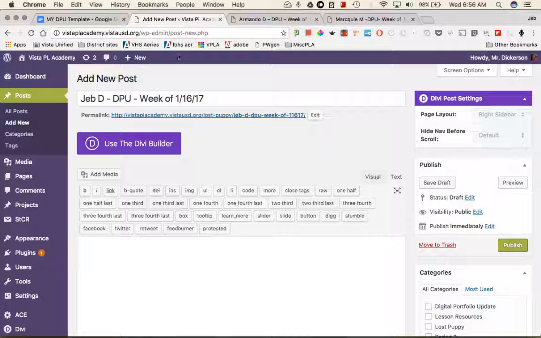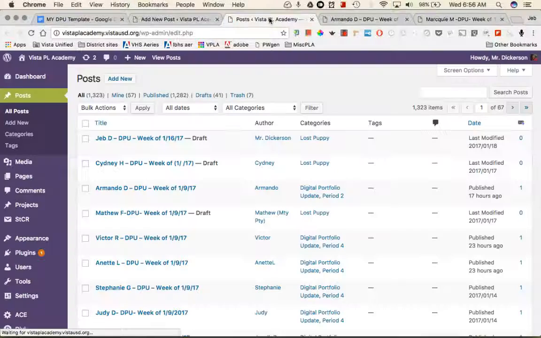Well, what you will remember, and I'm going to actually jump out here. Basically, what you're going to have to do is go to the Vista PL Academy site. Remember, the Vista PLA site is where we post our digital portfolio updates. And what you want to do is find the one that